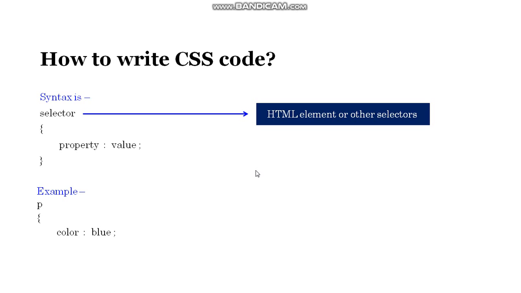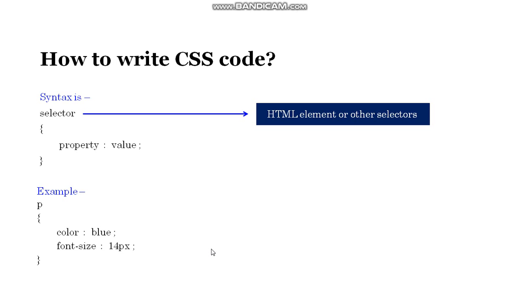In CSS, we can also provide more than one property to a selector like this. Suppose you want to change the font size of each and every paragraph in our web page, we simply write the property font-size and provide a value 14px. After executing this code, all the paragraphs will appear with blue color and 14px font size. Here there is no limitation of the font size like in HTML, where the font size range was 1 to 7 and 7 was the largest.